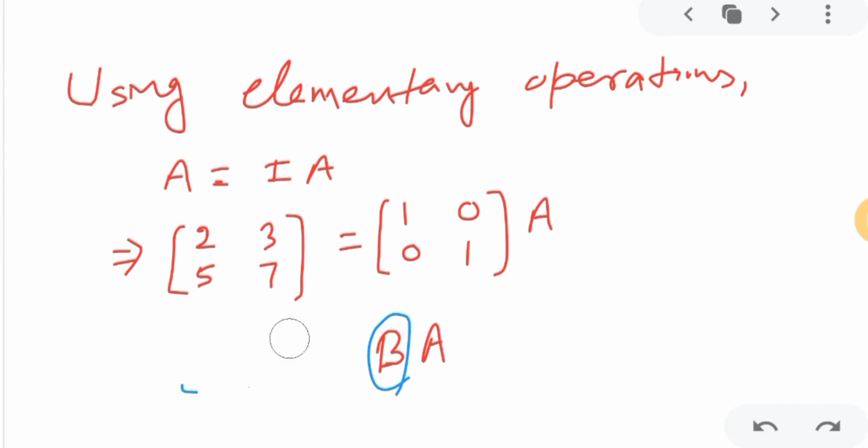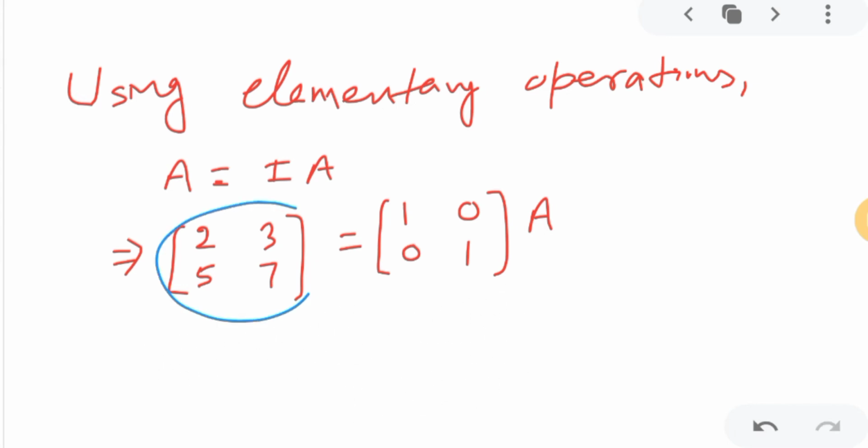For that, we have to convert it to 1, 0, 0, 1. So this element should be 1, this should be 0, this should be 0, this should be 1. We'll perform operations so that it becomes so. Our first target is to make either this 0 or this 0. So first I am targeting this 5 and making it 0.